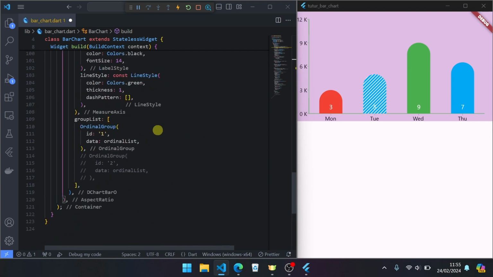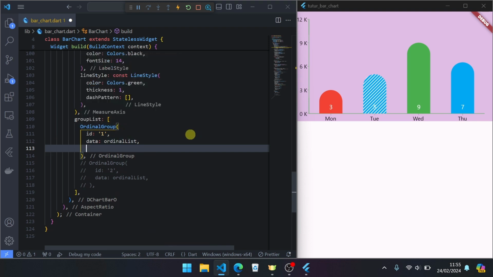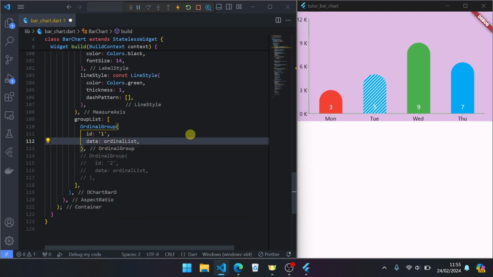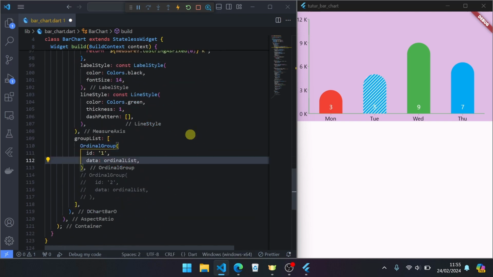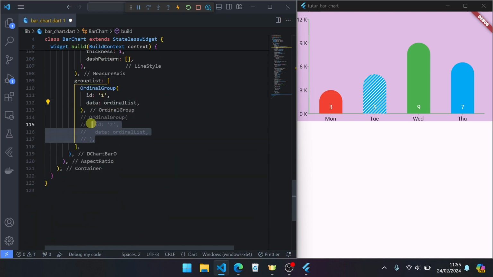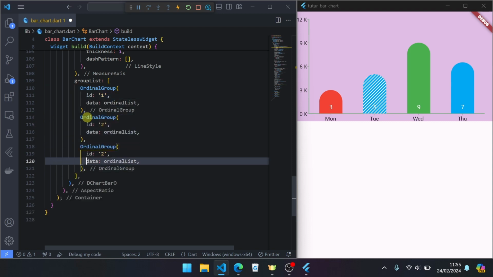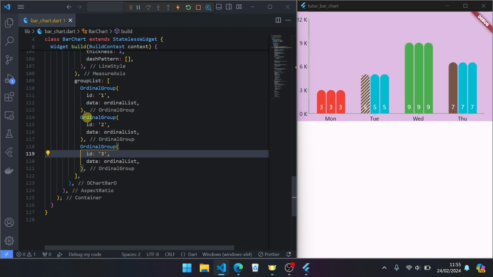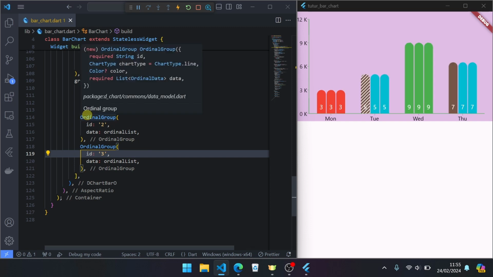For data and other, you can check here the ordinal group like chart type, color, and so on. If you want more groups, you can add another ordinal group, and so on. You can check them one by one.